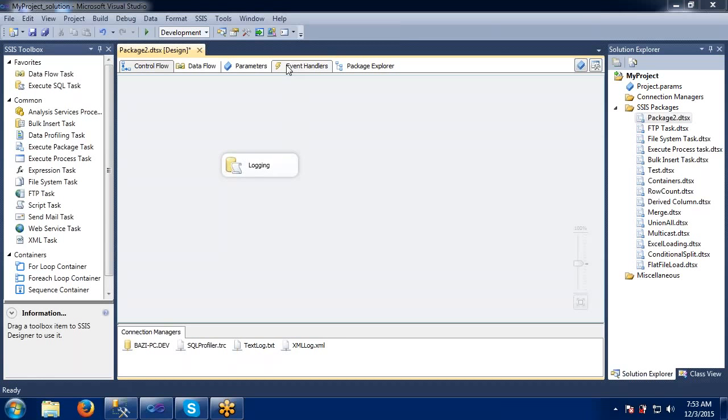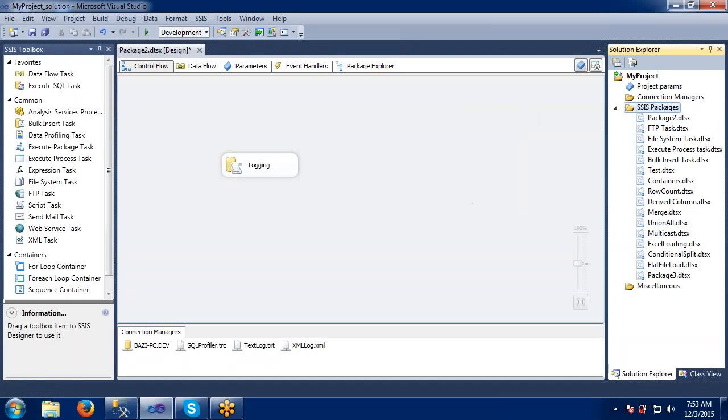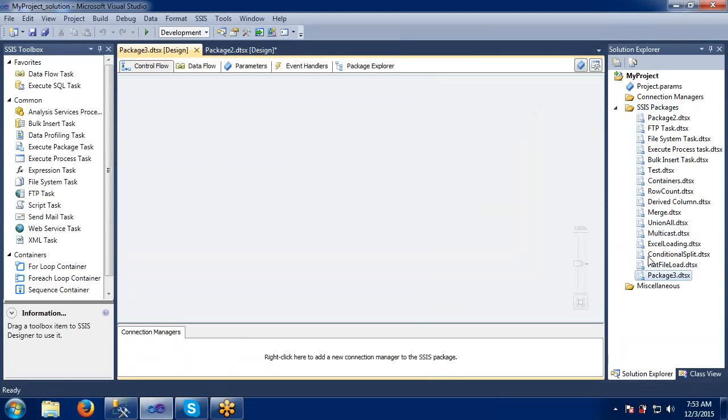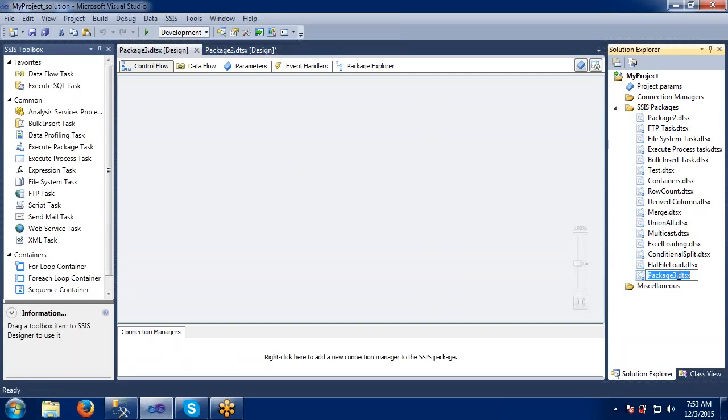Okay, let me take one example so that we can understand. I'm going to take one new package here. I will rename this one as event handlers.